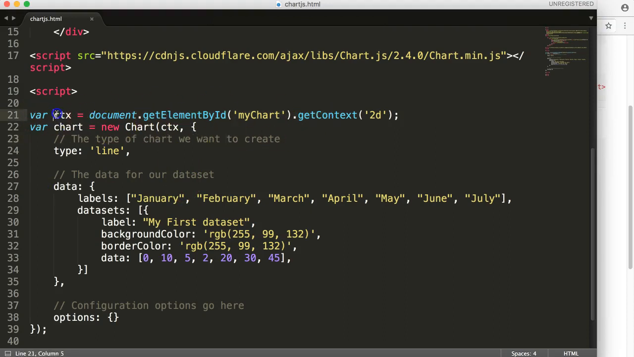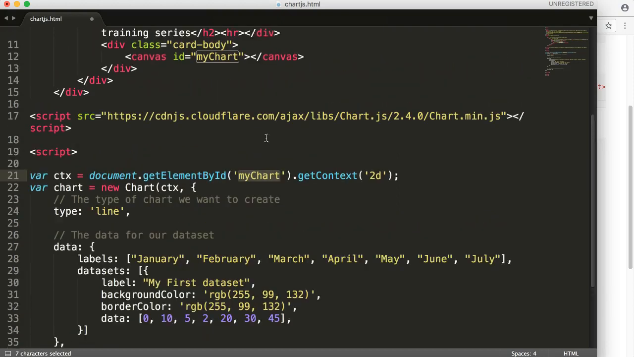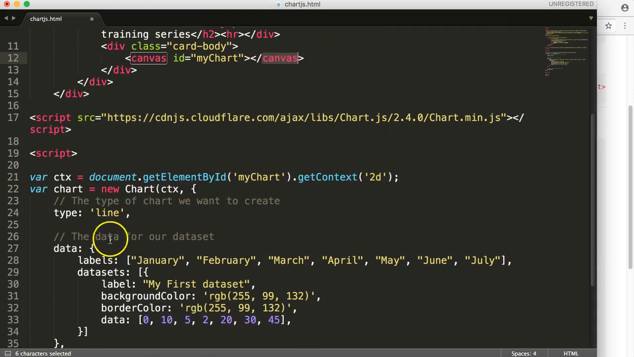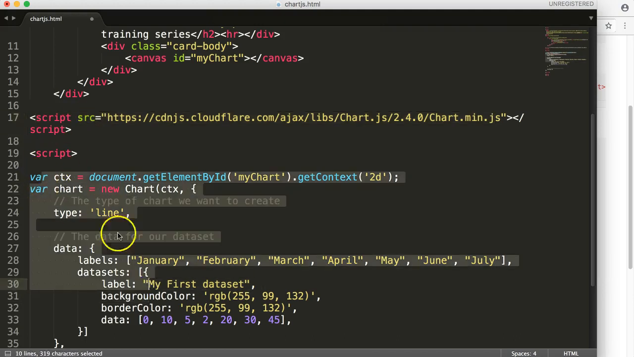Very simple. Here the context is just a variable, so it doesn't matter. CTX normally stands for context. It means nothing, it's just a variable. Then we search in the document, get the element by ID my chart. If we look here, you can see the canvas has an ID of my chart, so this matches together. Once this is done, we start to draw in the canvas. This is the canvas command to start drawing. That's the reason why we had to make sure that the script with the ChartJS library is before we start to use the chart